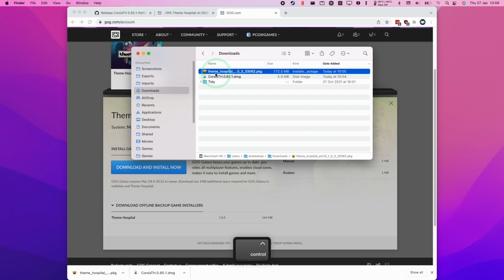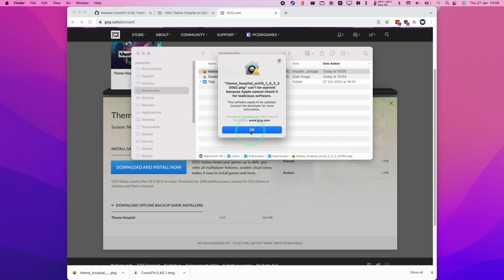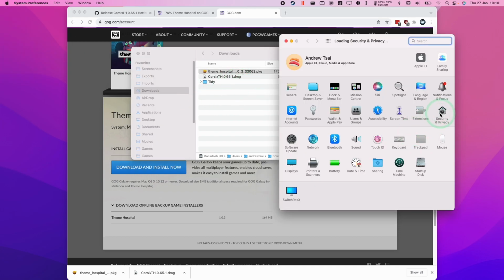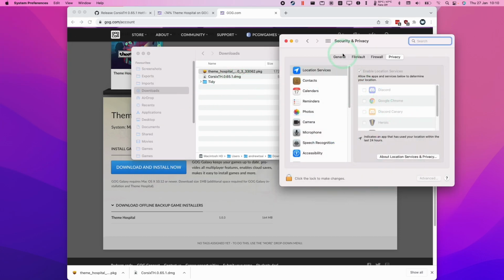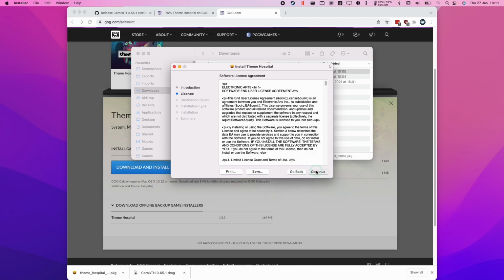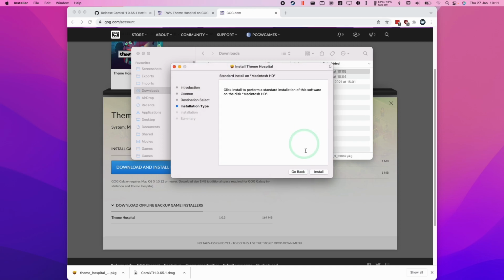So when we download the Mac port of Theme Hospital, this comes as a PKG file. So what I'm going to do is double click on here, and this is giving a Gatekeeper error. What I need to do now is to go to the System Preferences, go to the Security tab, go to the security section, and click on General, and then I'm going to click Open Anyway. Here I'm going to press Open. This is going to go through the installer. Continue, and then Agree, Install,